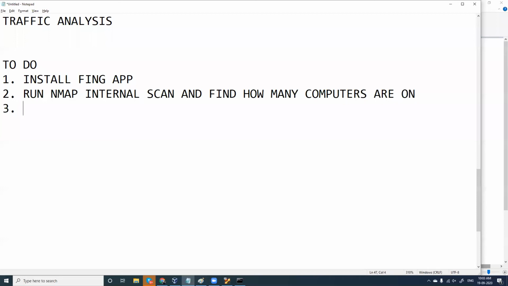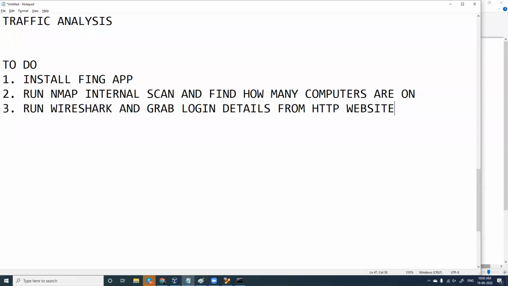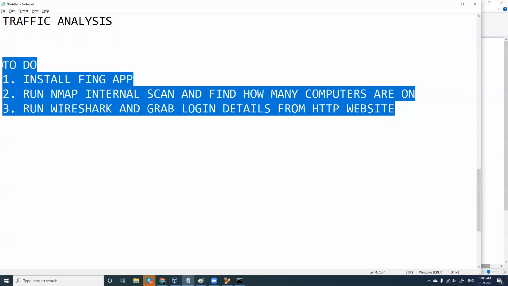And third, run Wireshark and grab login details from an HTTP website. Please don't come up with an HTTPS website and ping in a Skype lab group asking why I'm not getting the password. To start with, go for a basic HTTP site and try to grab usernames and passwords. And I think these three are the assignments for today, and we are done for today.